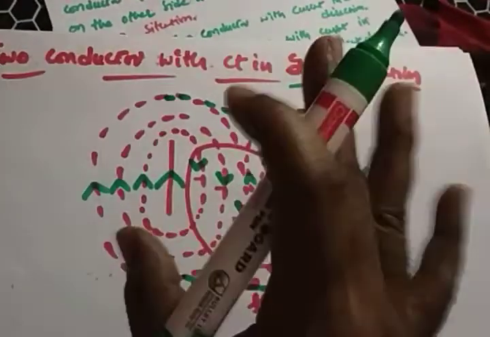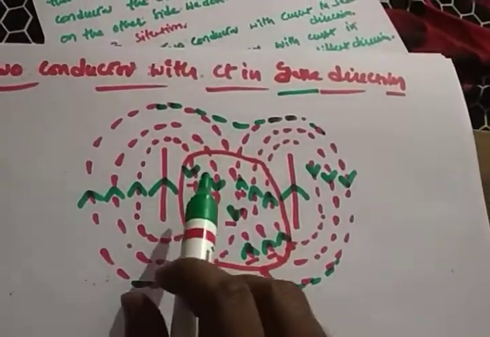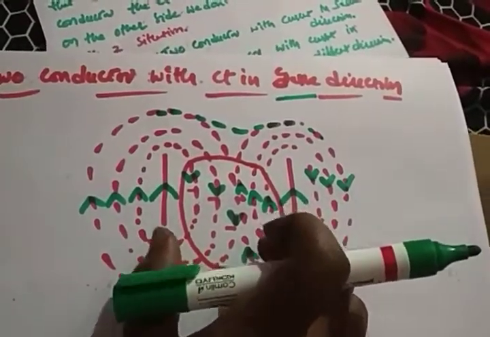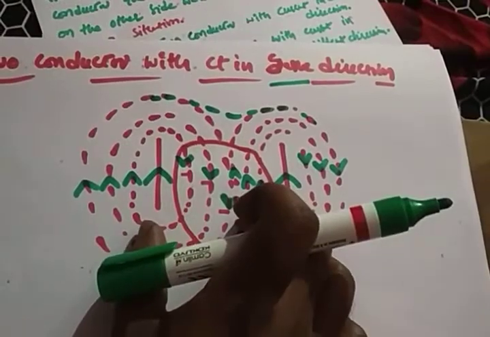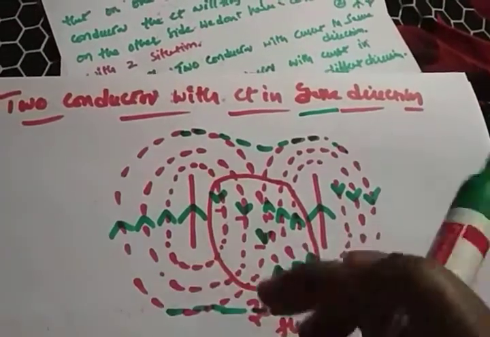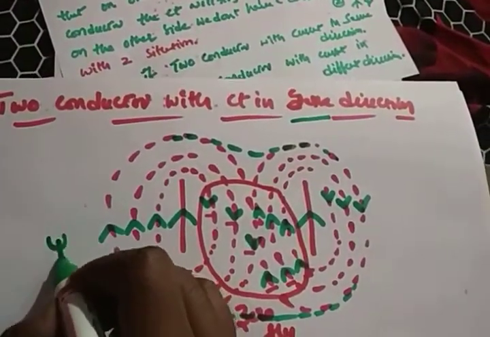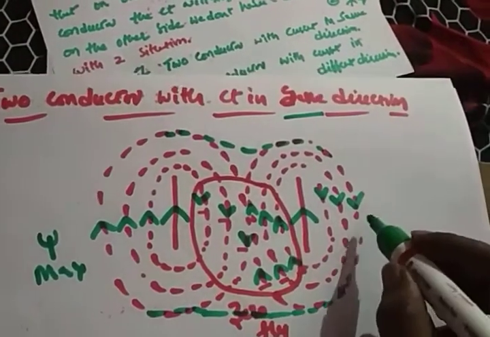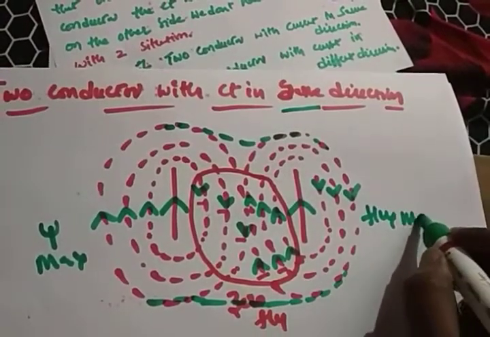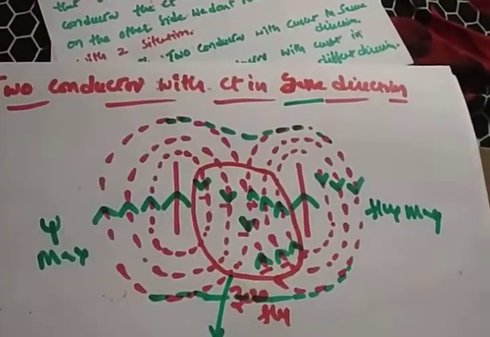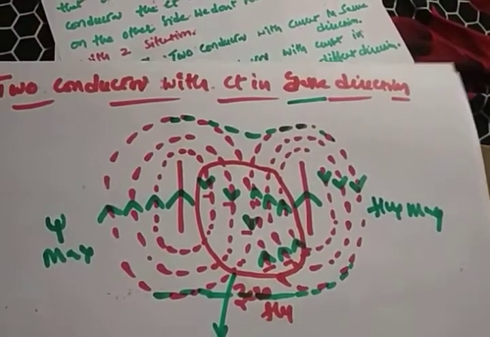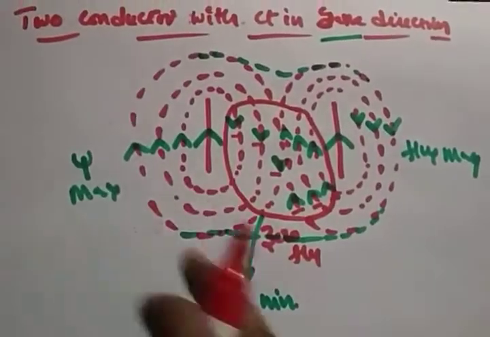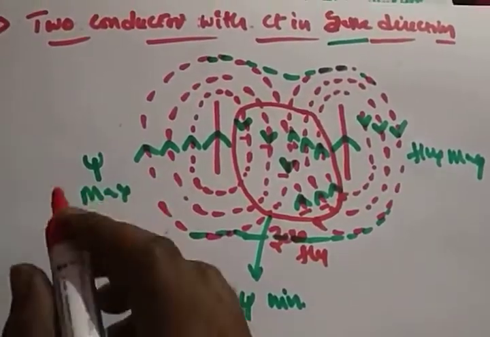Because at the center we don't have any flux, because the positive flux and the negative flux are going to be cancelled out. Both are attractive, which means these two fluxes are going to be cancelled out. So here you will get the flux linkages as a maximum, right? Here the flux linkages are a maximum, here the flux linkages are minimum. Minimum means very less, small. Here the flux linkages are maximum, which means